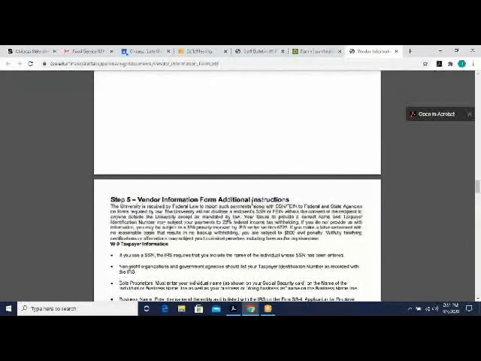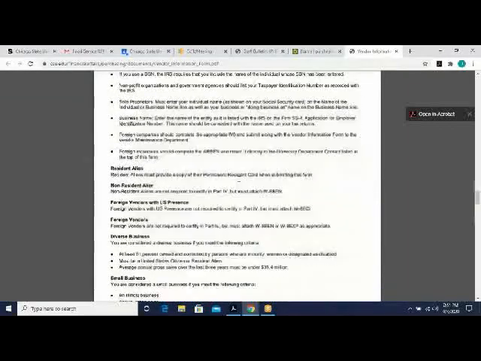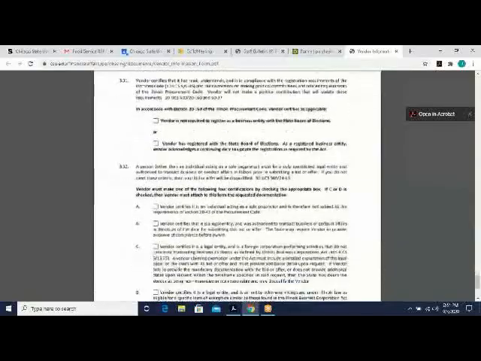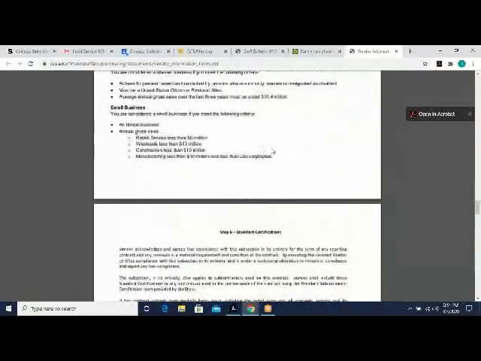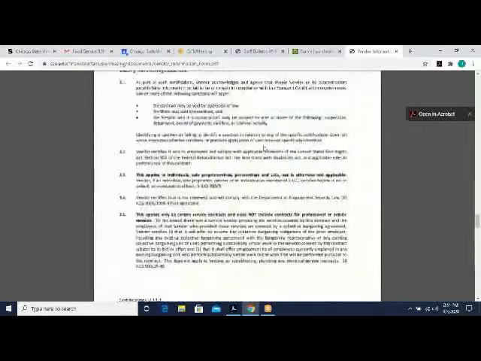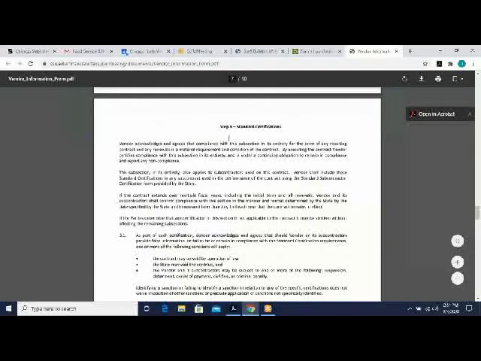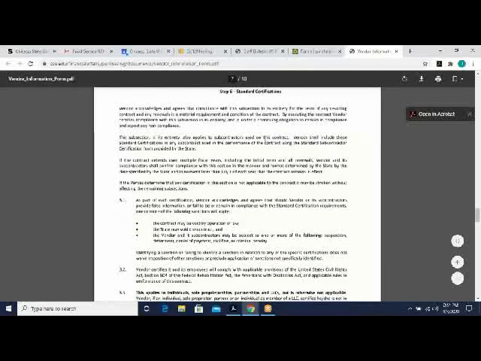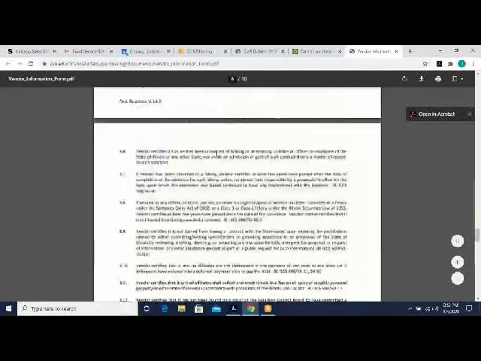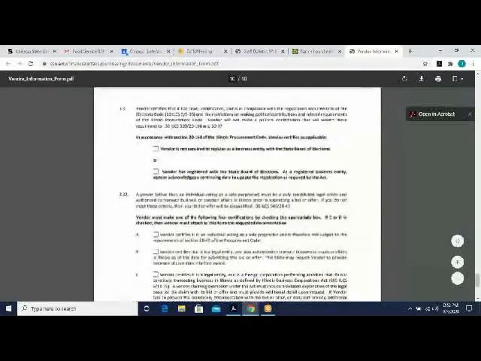And all this information must be filled in, and it must be signed at the bottom. So a problem that we're having is when the department sends it back to purchasing. Let's start on this page right here where it says step 6 for standard certifications. What happens is the department will take all of this off and only send me this part where it houses